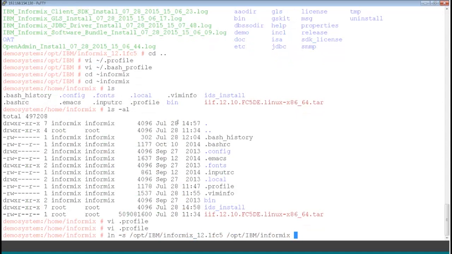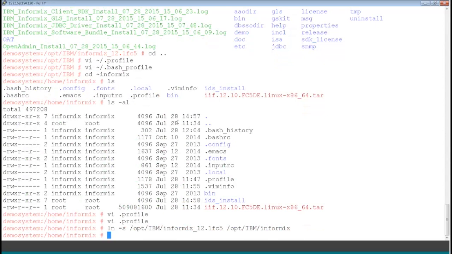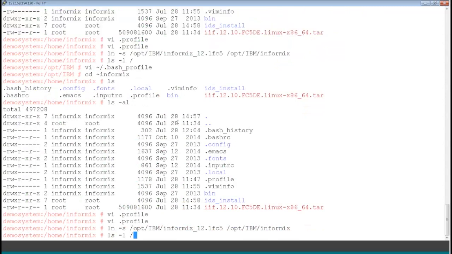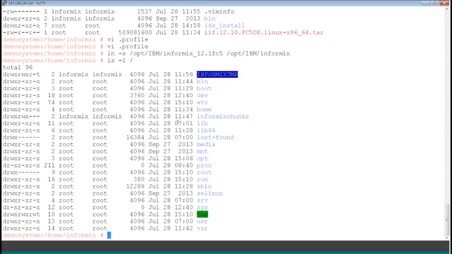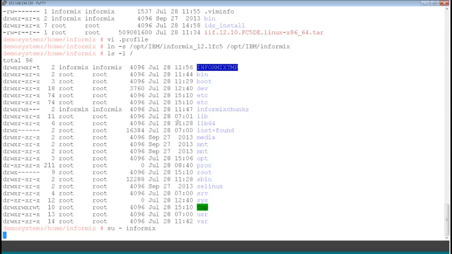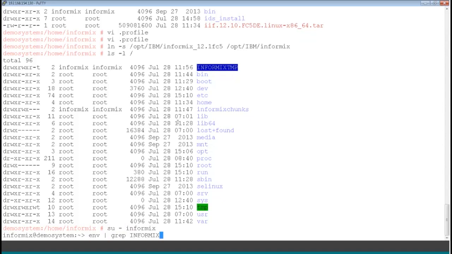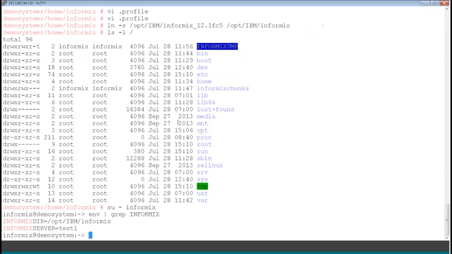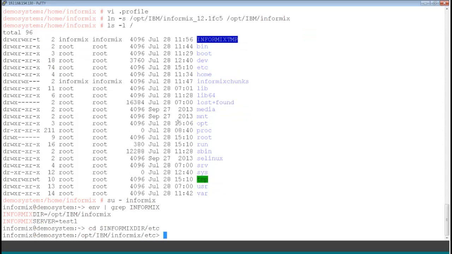So I'm going to change up to the Informix chunks directory, which I've already created, so it's owned by Informix. And what I'm going to do is change to my Informix user now. And so I've already got my Informix dir set, my Informix server set, so my profile's ready to go. So the next thing I'm going to do is go to my Informix dir /etc. And the first thing I'm going to do here, because I want to use service name, is go to